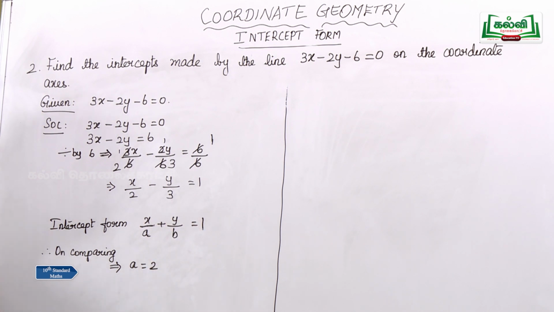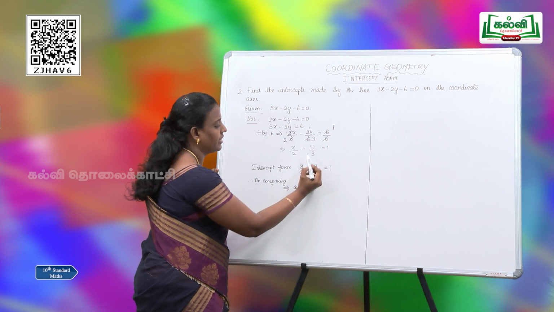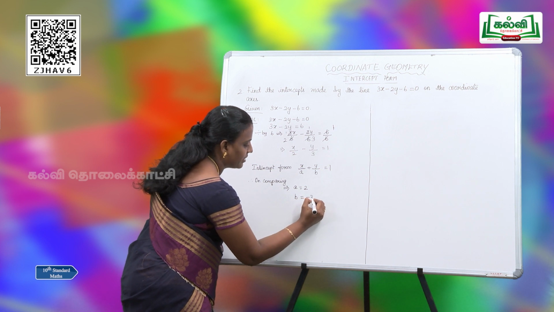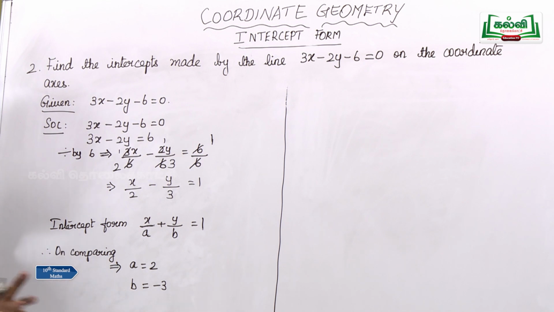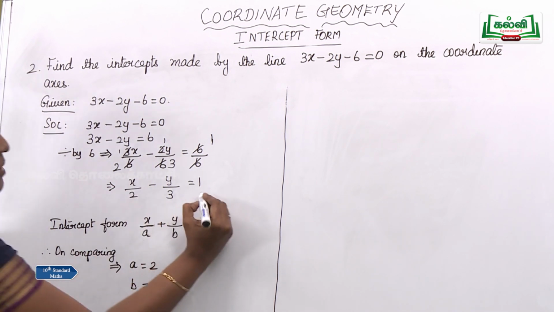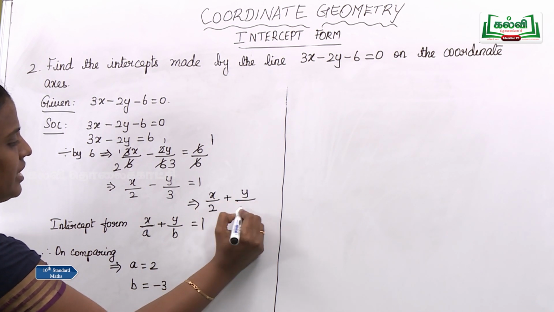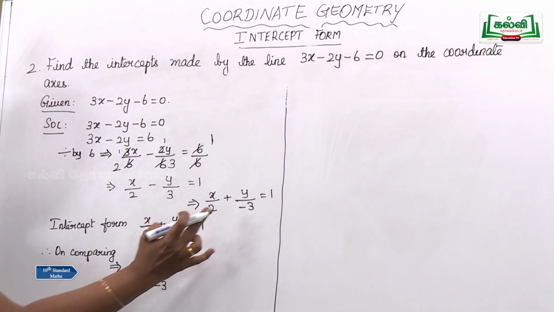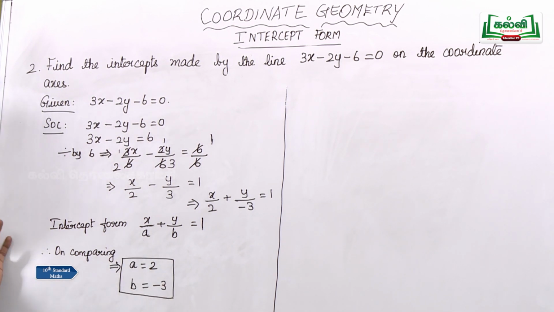Now, here I have b and here I have 3. So, what is the value of b? 3. But what about the sign? Here I have got a plus sign and here I have got a minus sign. So, therefore, I will write b is equal to minus 3. See, here also if you have plus, then the answer will be just 3 because you have a minus. See, why? Because this can be written as x by 2 plus y by minus 3 is equal to 1. That is why when you compare, you get a is equal to 2 and b is equal to minus 3. Did you all understand? This is one method.